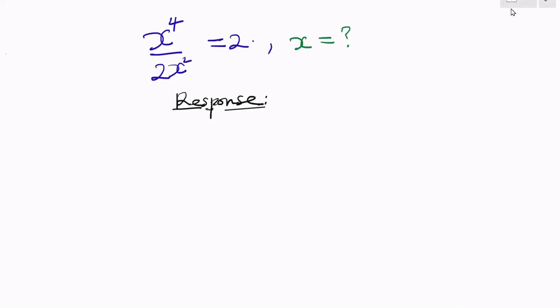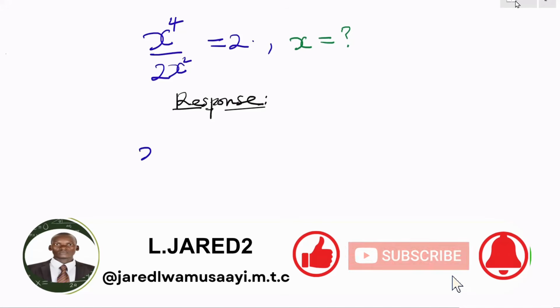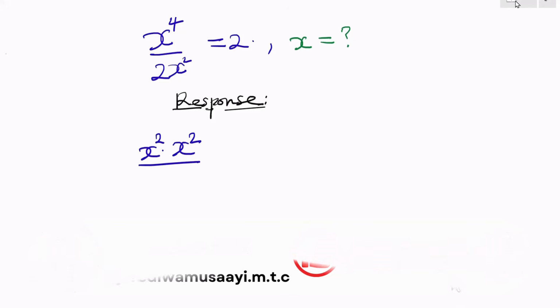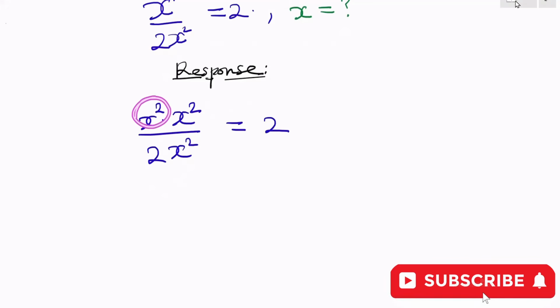And the question is, how fast could you solve for x? We can have our response as x to the power 4, the same as having x squared multiplied by x squared, divided by 2 multiplied by x squared, which is equal to 2. We see that we have this one common. One should cancel the other. So this and this are going to cancel, such that we have x squared divided by 2,